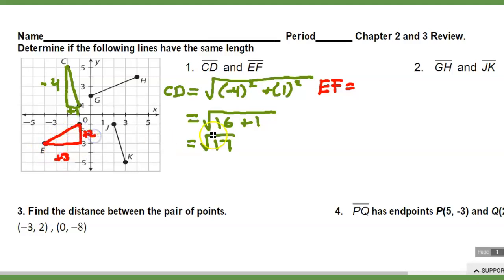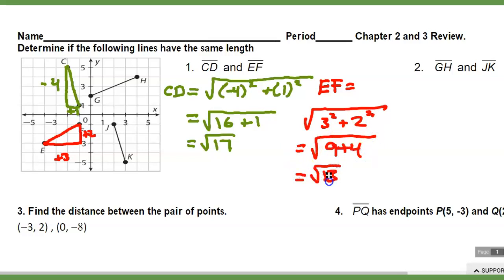So you might already be able to tell that they're not going to be the same, but show the work anyway, just to be absolutely sure. So we got 3 squared plus 2 squared, which will equal 9 plus 4,